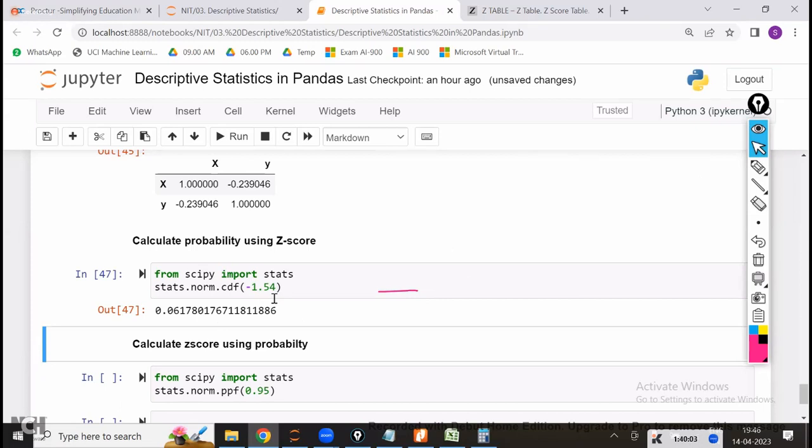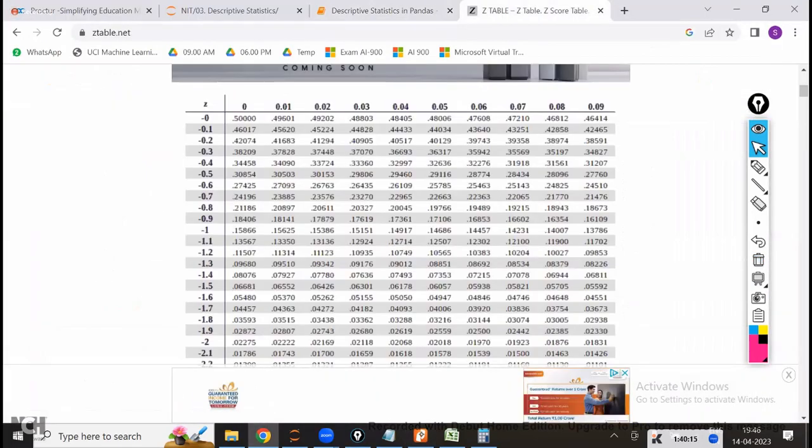In the certification, they will give the table. They will not give Python. To apply this formula, they will not give a Jupyter notebook for us. Now, from this table, if I tell the probability, can you identify the Z-score? If I tell the probability, can you identify the Z-score? So the probability is